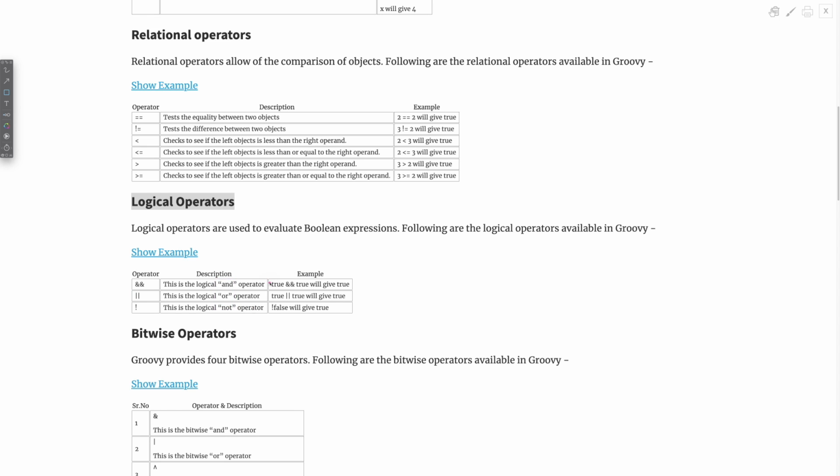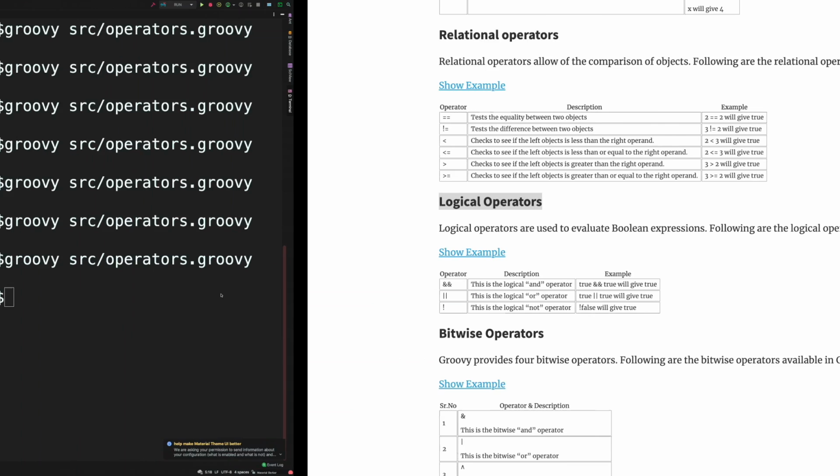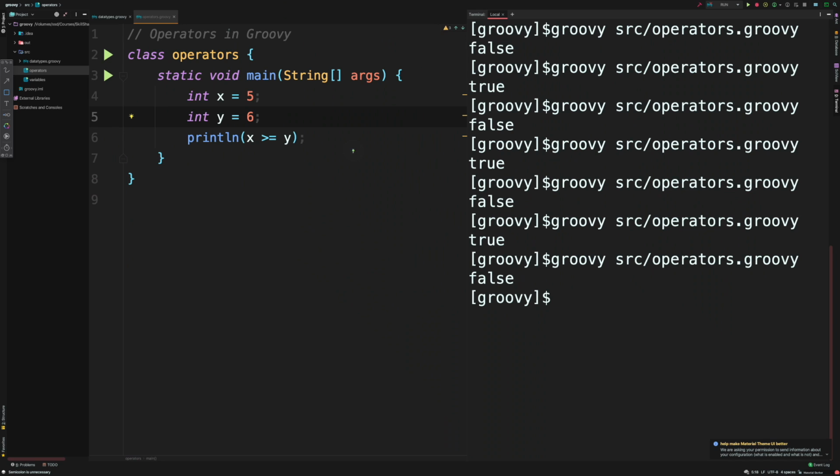Here is an example. It says true and true will give you true, true or true will give you true, negating false will give you true as well. Now these are very common in math. If you have passed your first standard or year 12, or even if you passed your fifth standard, you should be able to understand what this means, because in math logical operators are very common. Okay, but I'll still give you a quick idea what that means.